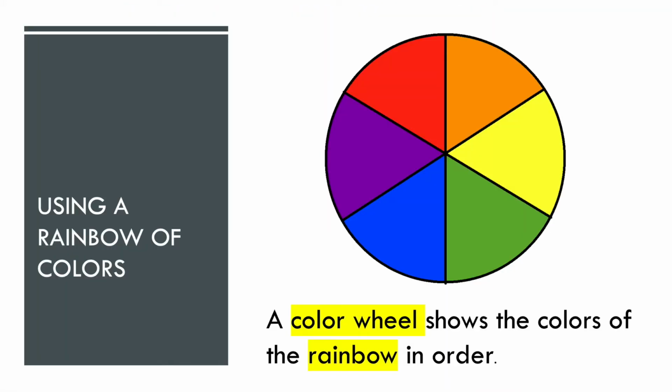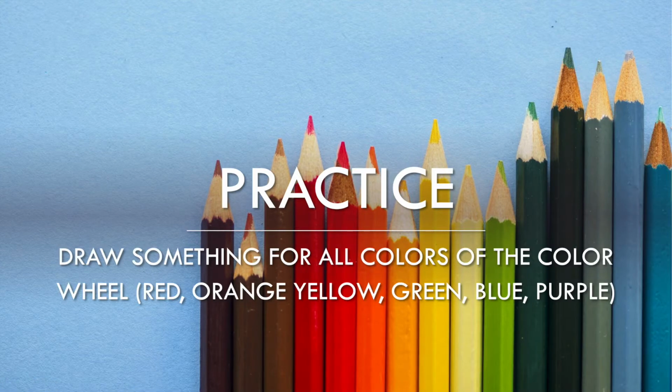Okay, so a color wheel shows the colors of the rainbow in order. Right here we have our color wheel and we have red, orange, yellow, green, blue, purple. That's what the rainbow colors are as well, and it shows it in that order. So for practice with our colors, I want you to draw something for all colors of the color wheel. I want you to draw something that's red. What's something that you can think of that's red? What's something that you can think of that's orange? And then yellow, green, blue, and purple, okay? I want you to draw something for each of those colors. Then when you finish that,